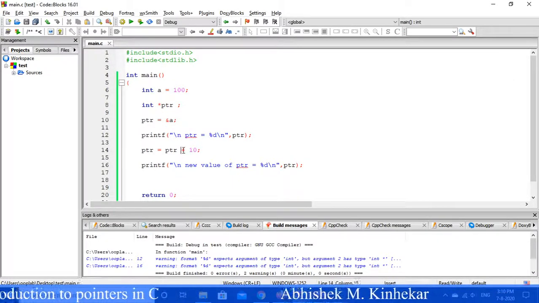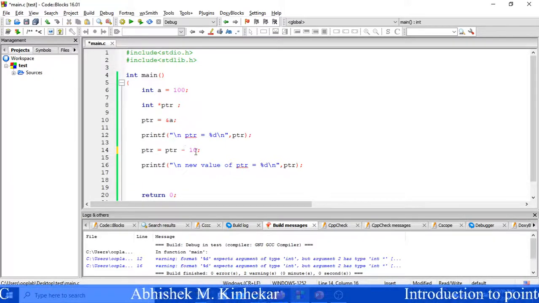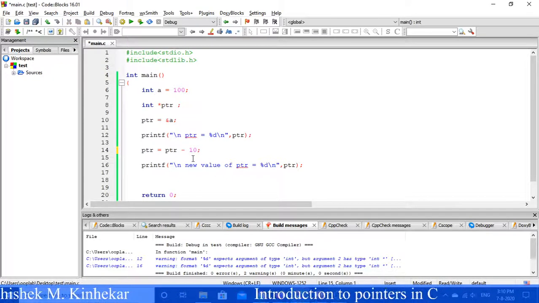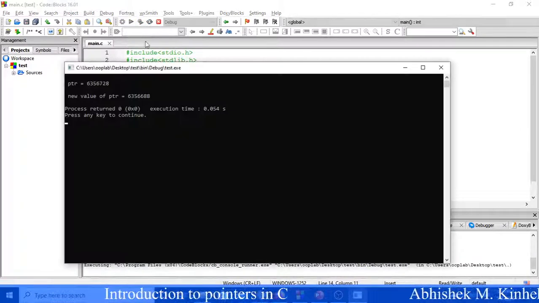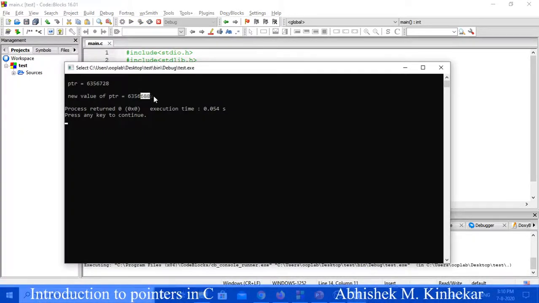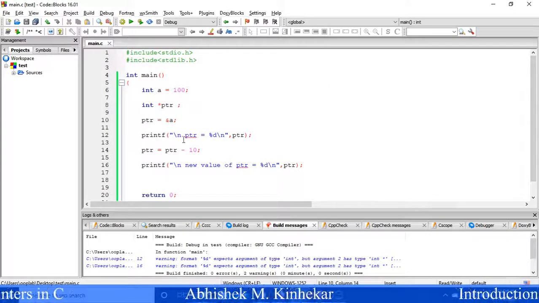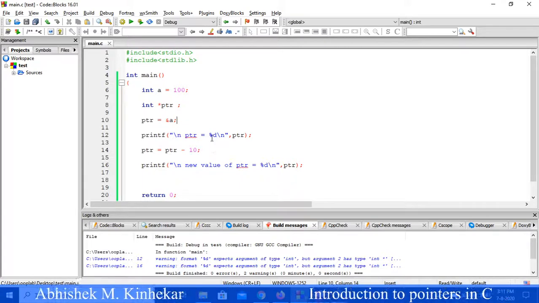This is regarding pointer addition with a constant. What about pointer subtraction with a constant? Again 10 multiplied by 4, 40 will be subtracted from ptr, correct? So the value will be reduced by 40, clear? Now what if I try to print star ptr, or the value at ptr?